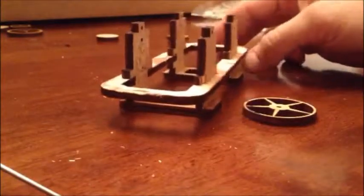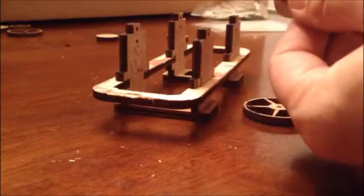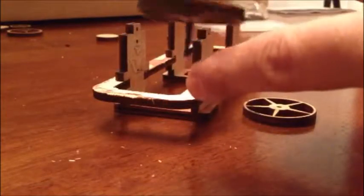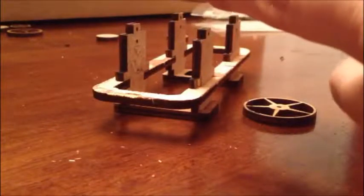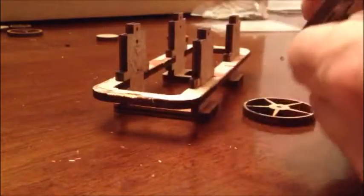Okay, so the next step is you just want to flip it over. That way you can work on the wheels and axles. When I first did it, I just set up one of the wheels all together. So at the base is a little cap. It's a black cap. In front of it is a little washer, then the wheel, and then another little plastic washer, and then you stick